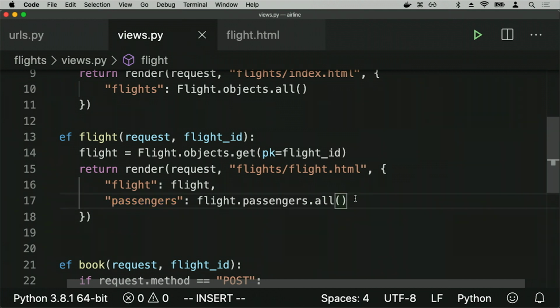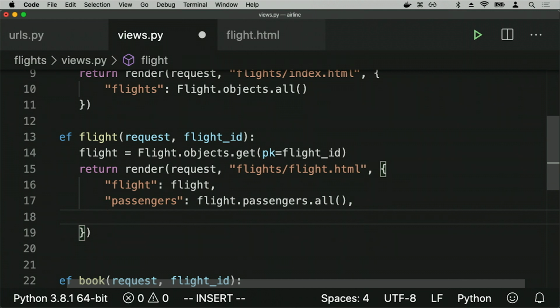So it sounds like I need to add some additional context to this template, additional information that we want access to. So I'll go ahead and give this flight access to additional information that we'll call like non-passengers, for people that are not on the flight. And how do I get non-passengers? Well, just as I could say